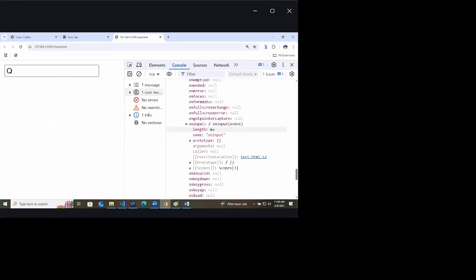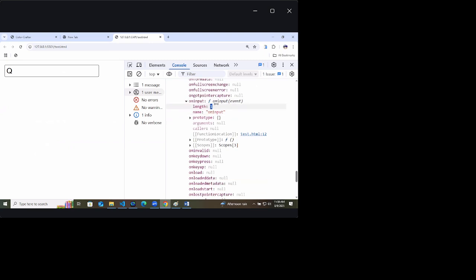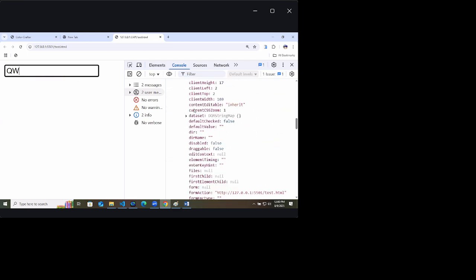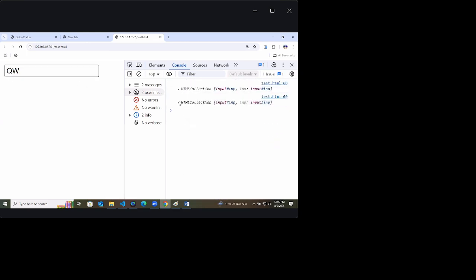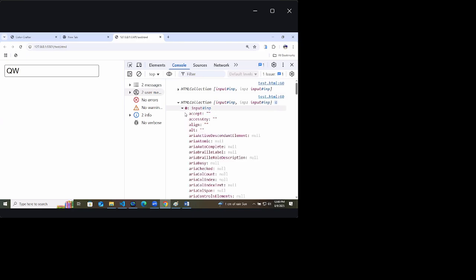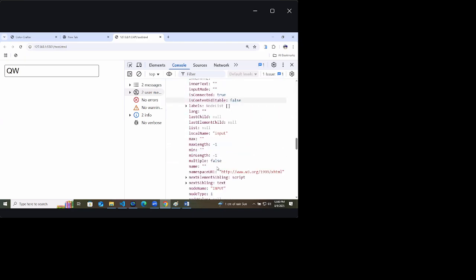And the event will have length as 1. It is showing here event length as 1. If I type one more, again it printed something. So this is the first time, this is the second time. Check it again, on input.